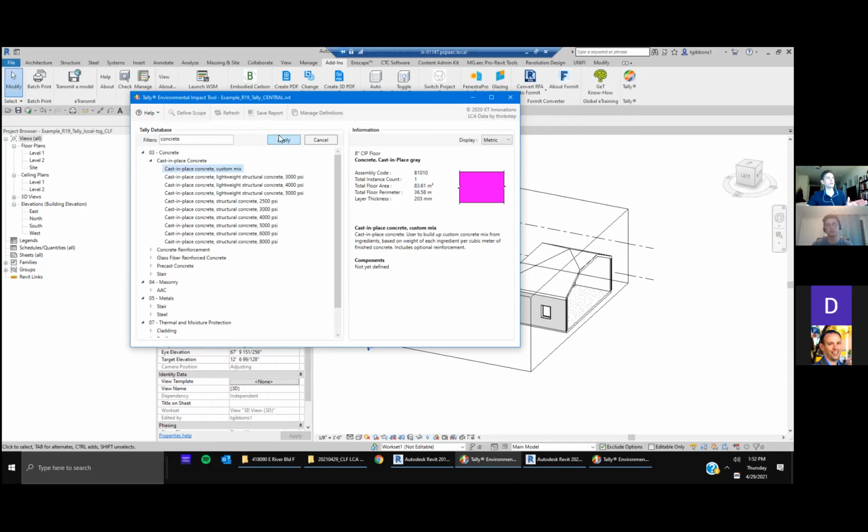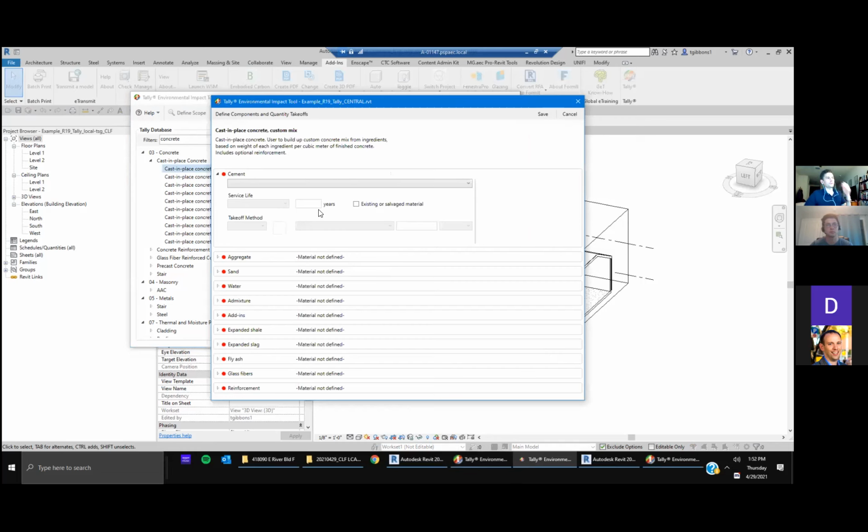So I did at least want to show it. I won't walk through everything, but when you hit apply, now Tally's saying, okay, cool, custom mix of concrete, but we have so many flavors. We got a lot of choices on that. So now you need to define, again, that CIP concrete in your model. Well, what does it actually mean for Tally so that we can put an accurate assessment of the